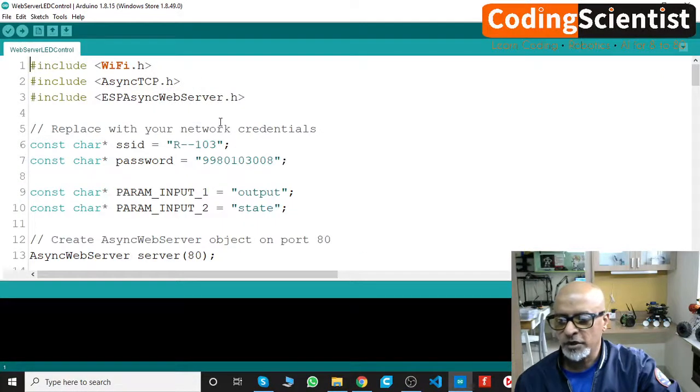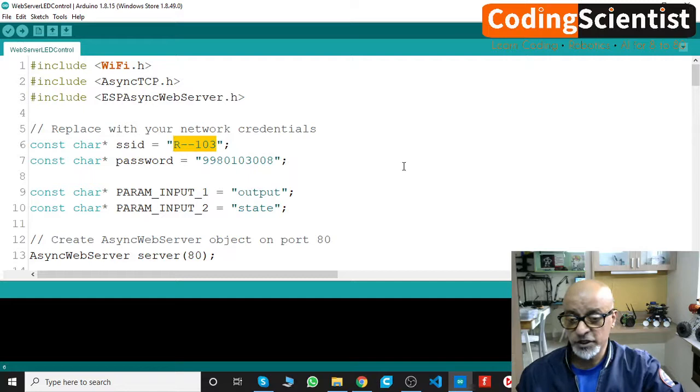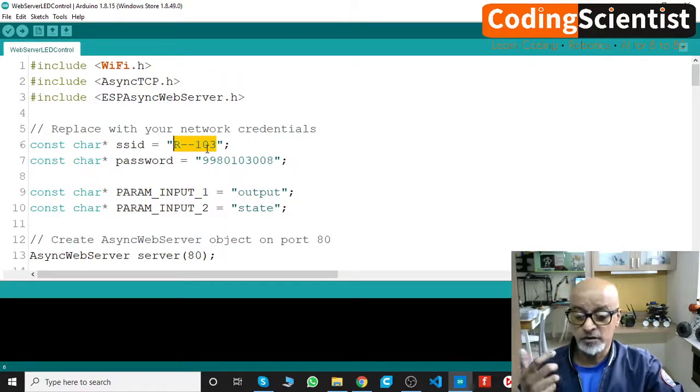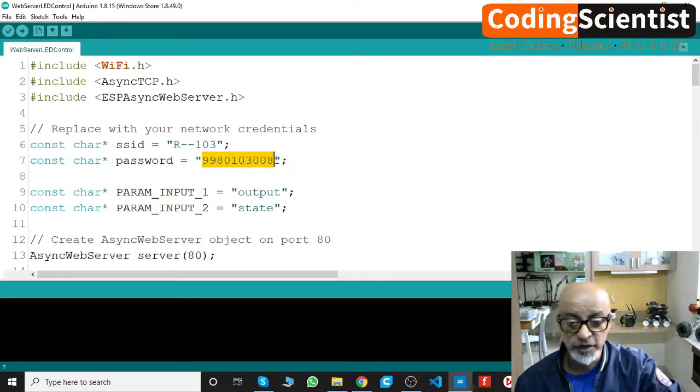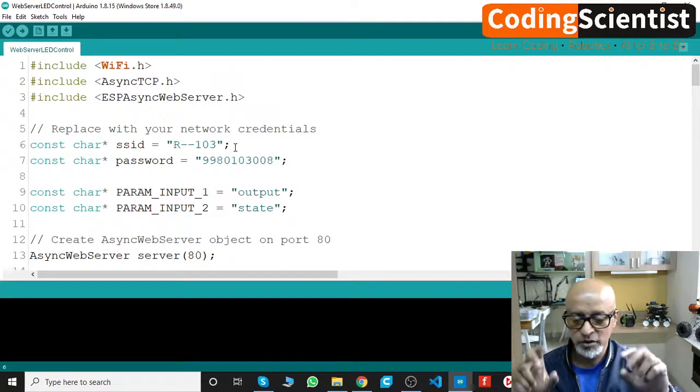One of the important things is, once you download the code from my GitHub, you need to modify these two lines. This is your SSID, which is your Wi-Fi signal ID at your home. If you are doing this project from your home Wi-Fi, you need to put that name here. Whichever location you are in, that Wi-Fi ID has to be here. That is called the SSID. And then the password for that particular Wi-Fi to log in. It has to be in double quotes. Do not delete the double quotes. Both the user ID and the password have to be in double quotes.